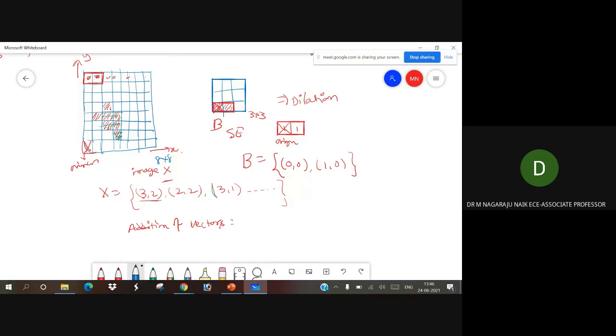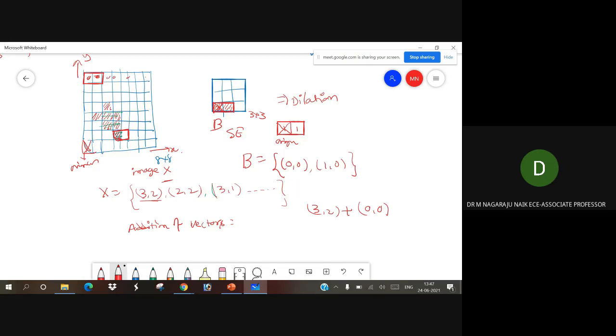Now we can provide this one, right? Providing this, it is horizontal. Then you can see here, what is that one? 3, 2 plus 0, 0.